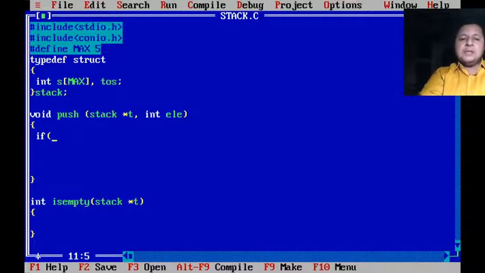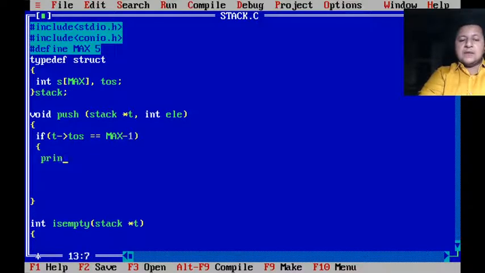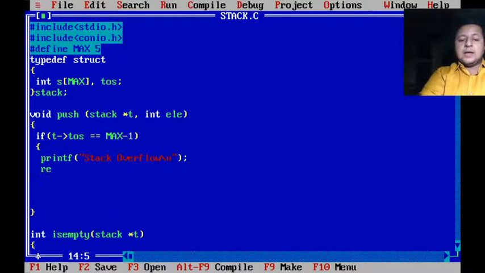But in the program my array starts with 0, so my toss will be at -1 initially, and my toss can go not up to MAX but up to MAX-1. So if toss, already seen how I refer to toss, this is how I will refer to it. If t->toss is equal to MAX-1, then I would say printf stack overflow, and then I obviously don't have to go ahead, so return.